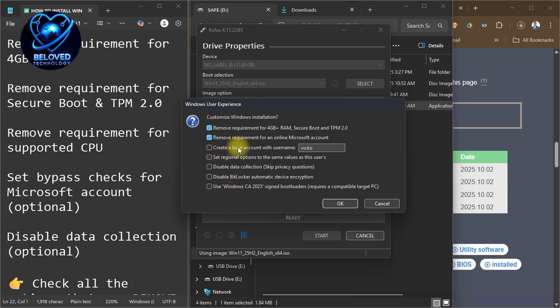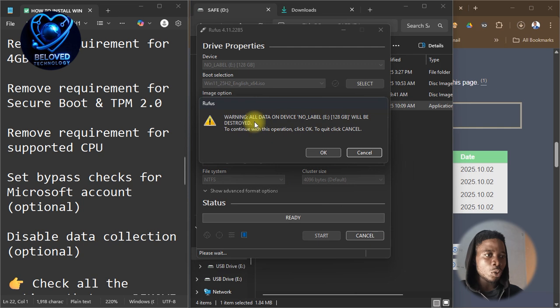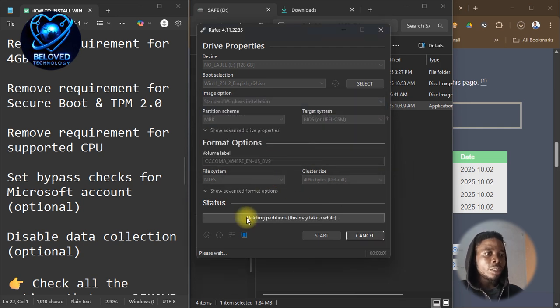But if you still feel like you don't want the account, maybe you don't want data collection, privacy questions, issues, you can just click on them. They all work perfectly. So once you are done, you click on OK. It will warn you that it's going to delete all your data. Just click on OK again, and then it will start deleting and partitioning that flash drive to work as a bootable device. So let's wait for it to finish creating the file and preparing it for